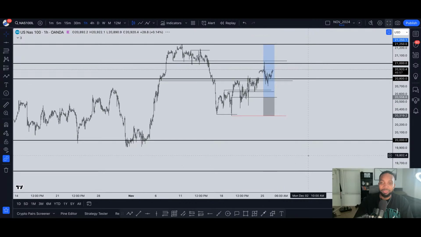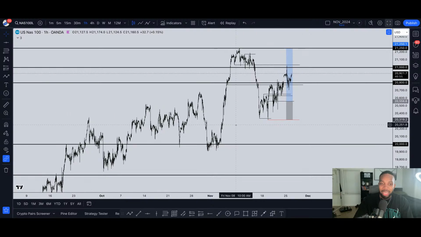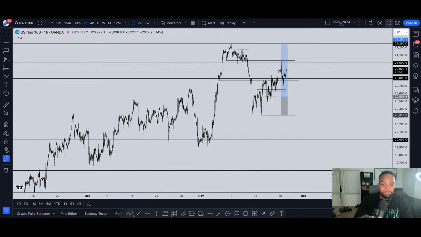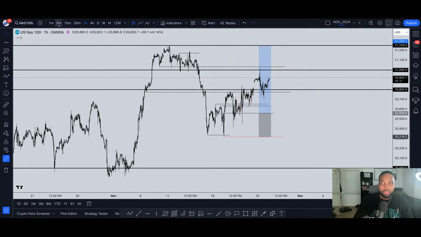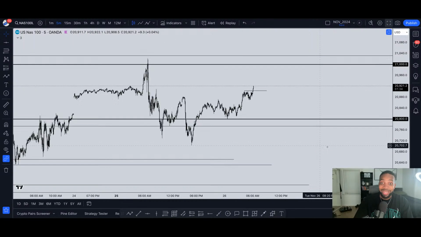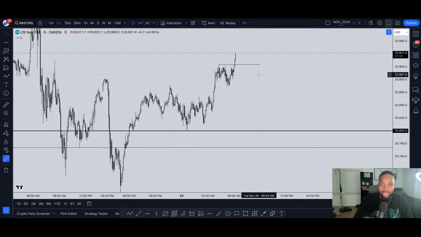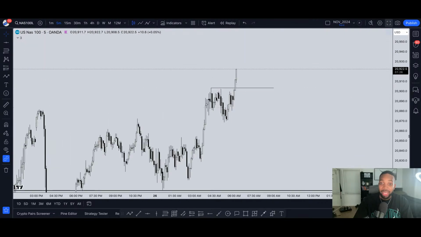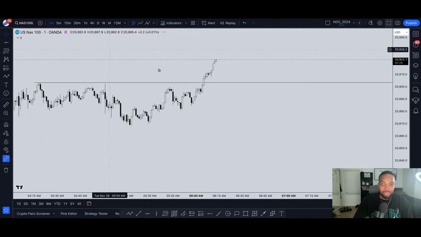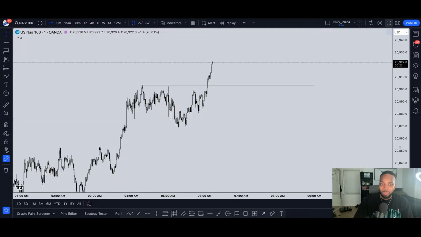That's fine. But at the same time, based off of structure, smart money or Wyckoff, whatever you want to call it, this is a pretty solid move. It's a pretty solid indication that price wants to go higher. So as far as current setups right now, this is the only one that I see for buys. We didn't even get a retest yet. No retest just yet.